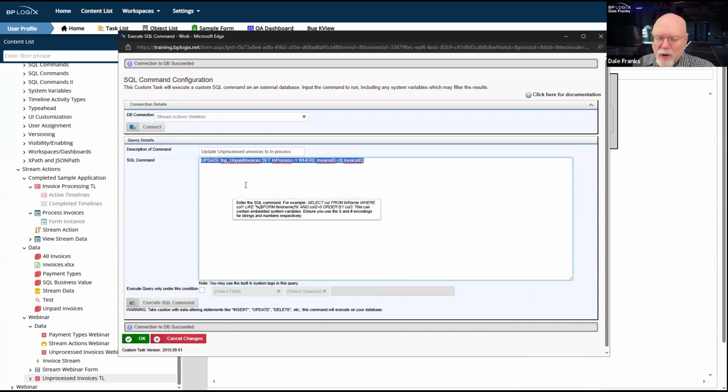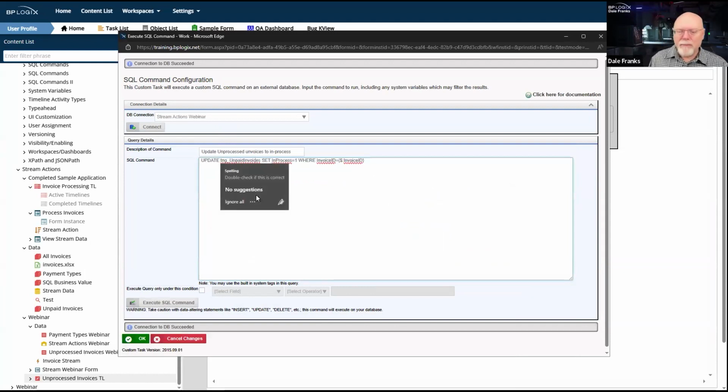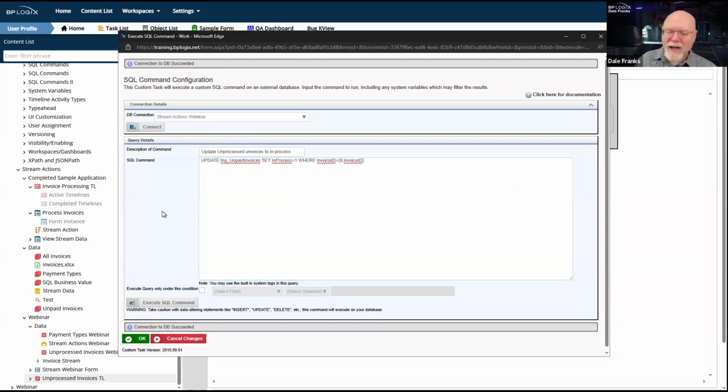Anytime you are going to do an update, insert, or delete command, as a best practice, you do need to run it from a SQL command custom task. You can run it in a form.